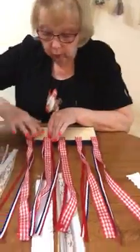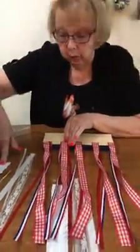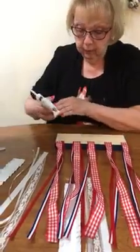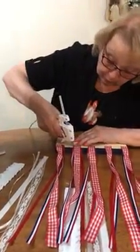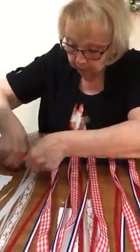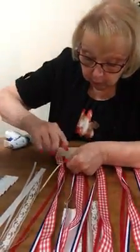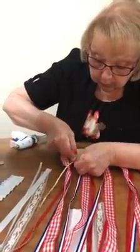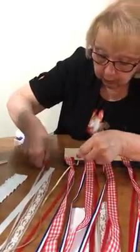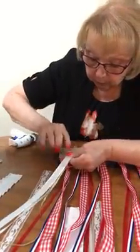So in order to do that, I am going to put another strip of hot glue, and I'm going to get all these little white ones pushed in there, and then I'm going to put this large white ruffled ribbon on top of it. That's the plan. Let's see if it works. All right. And again, I'm not going to worry about the order I do it, because they kind of hang in a flowing fashion, so